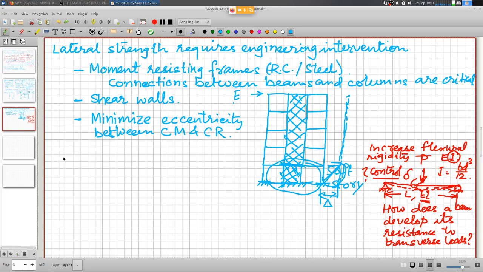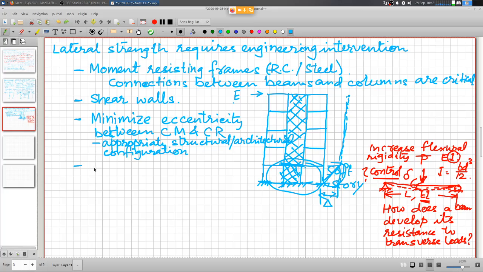So moment resisting frames, shear walls, minimize eccentricity, so that is appropriate structural and architectural configuration. Right? And then